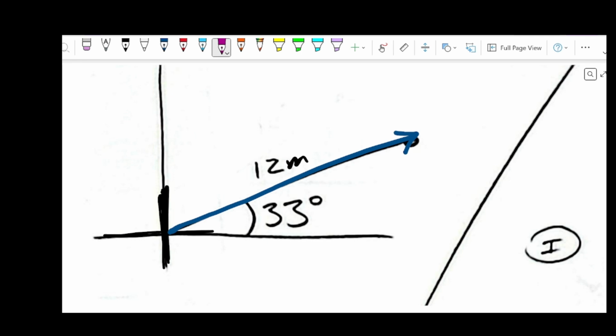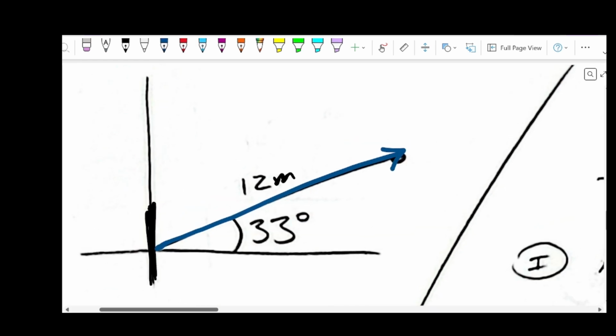They want the x component and the y component. What does that mean? Well, as you can guess, if I go 1, 2, 3, 4, 5, 6, 7, and so on, I can trace any x in units and the same for y in units. If I go over some distance x as such, and call that my x distance, I don't know what that number is, but that's what we're finding. And I go up some value from that x location to the tip, and I call that my y distance,